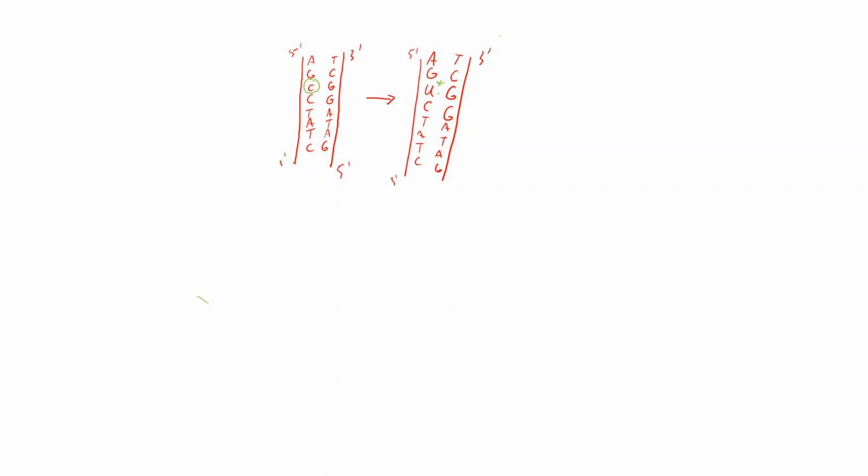And not only that, but U and G don't base pair with each other. So this would form temporarily this sort of inappropriate structure. But the big problem would happen if this strand gets copied, because if this DNA sequence then gets